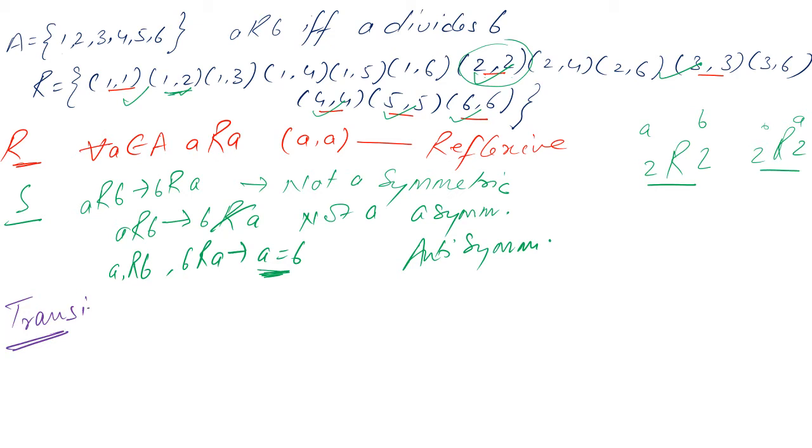Now for checking for transitivity, it essentially means if A is related to B and B is related to C, it should imply that A is also related to C. Now let us check it over here. I can see, let's make a small table over here, A, B, C, so that it will be an easy task, right? So I can see if 1 is related to 1 and 1 is related to 1, that gives me a pair of 1 comma 1, that is already there.